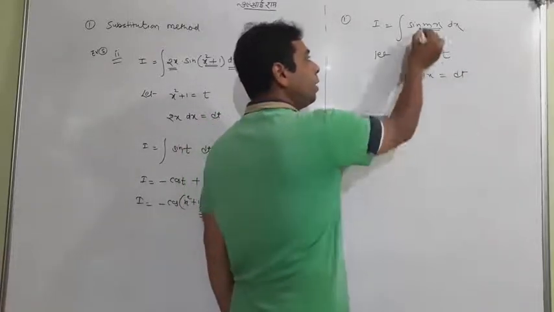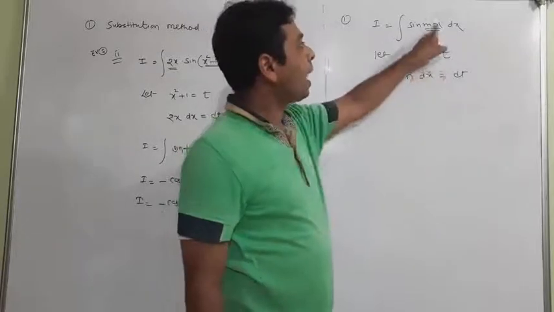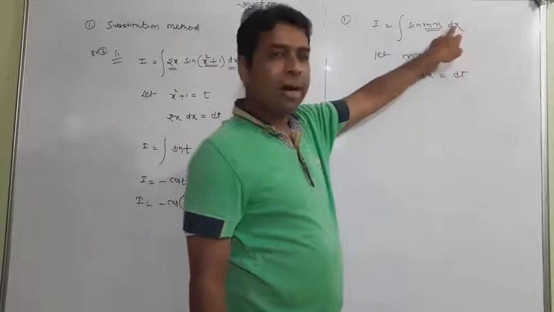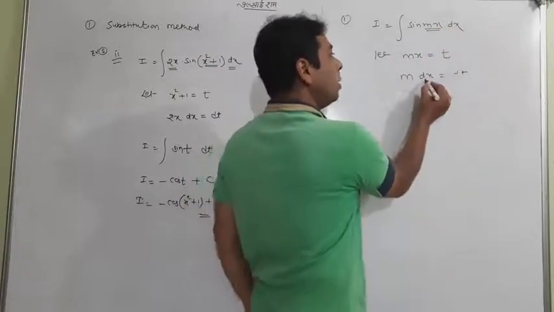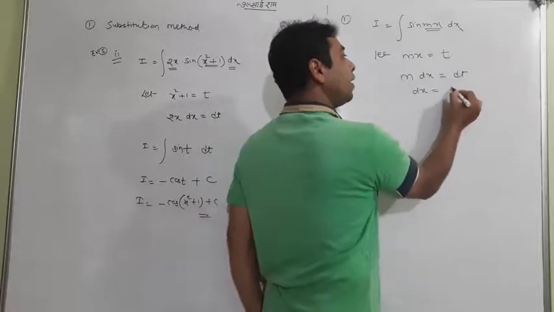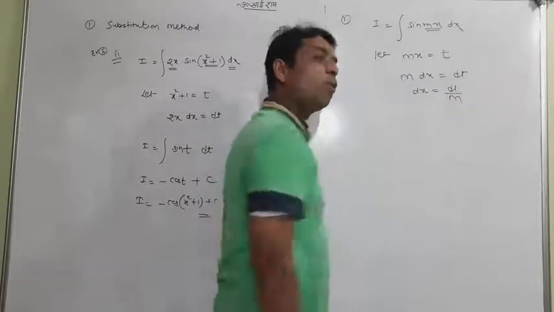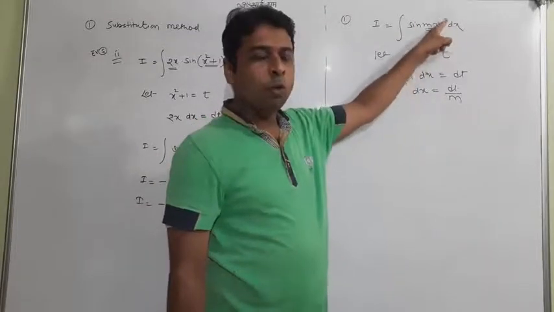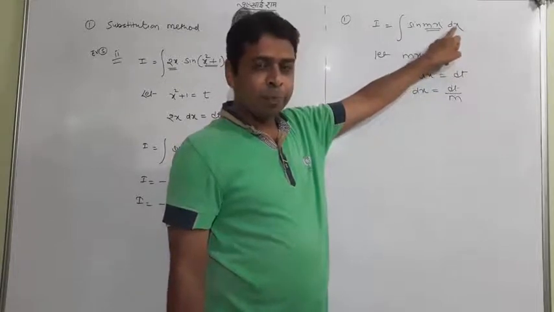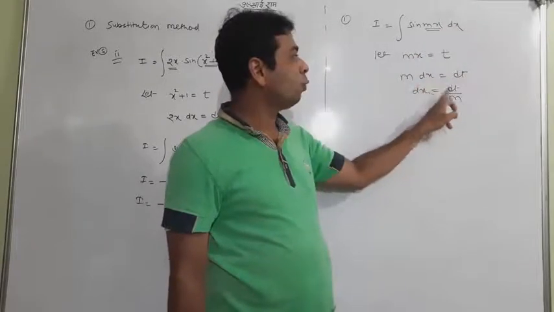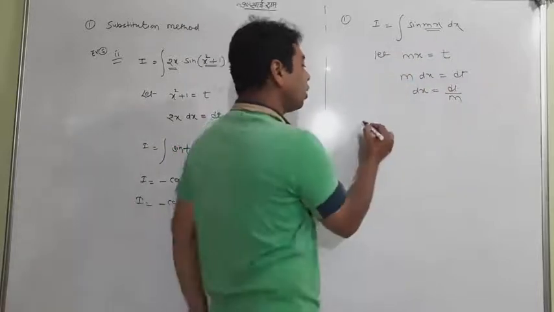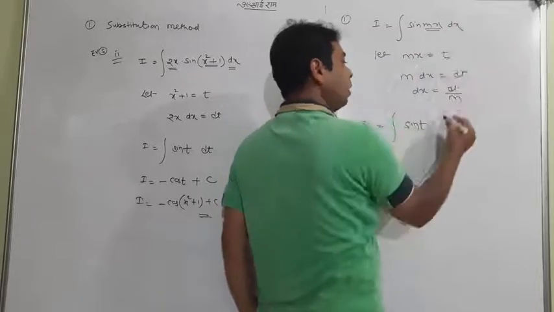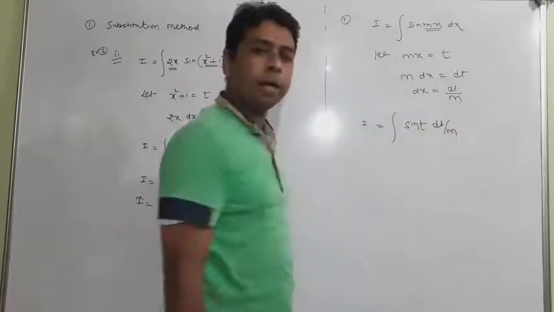Then look at what I want to tell you. It is mx which is t, so this mx will be transferred as t, it's sine t. You only have dx to transfer, so it is dx with m. Students, find the value of dx, which is dt by m. Why did I do so? Because m dx is not a term here, you only have to transfer dx in the form of dt. Definitely dx is equal to dt by m. Now the question becomes sine of mx, which is t, and dx will be dt by m.